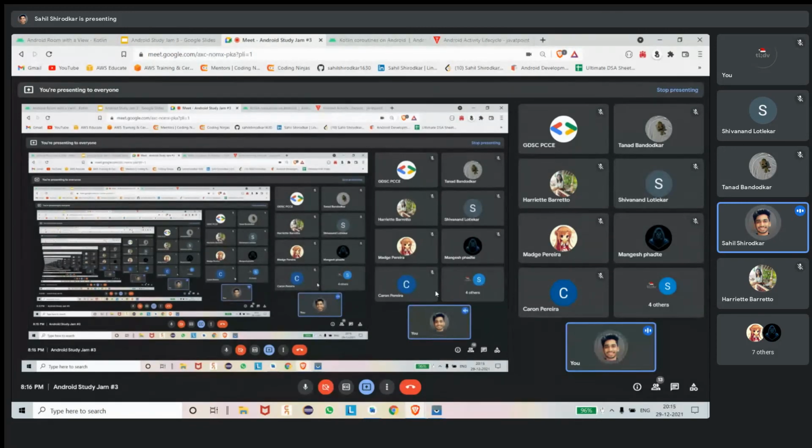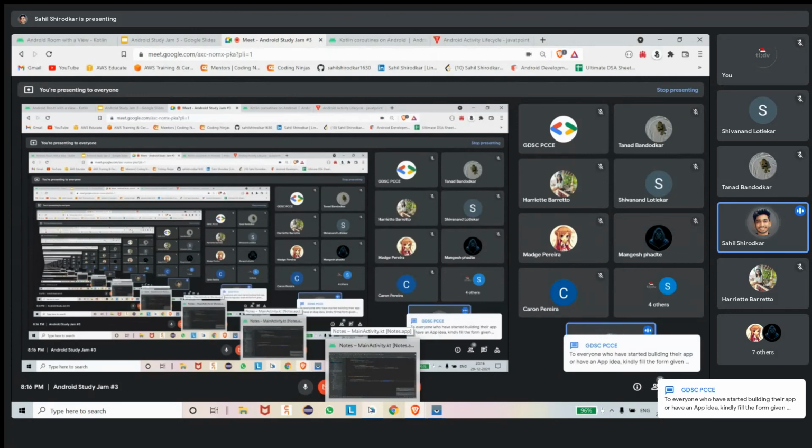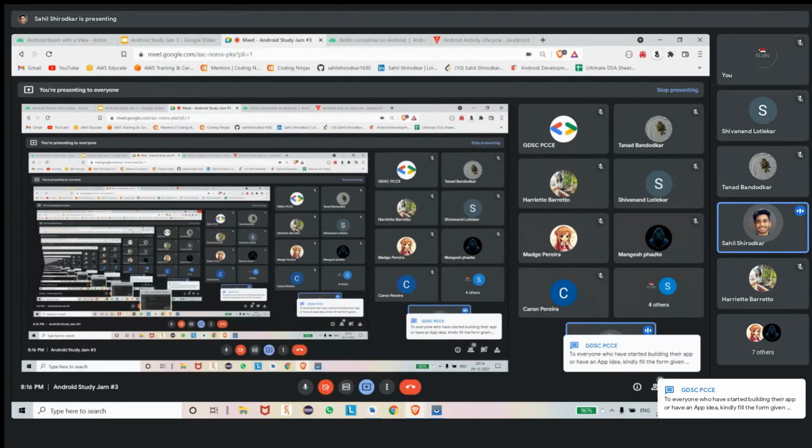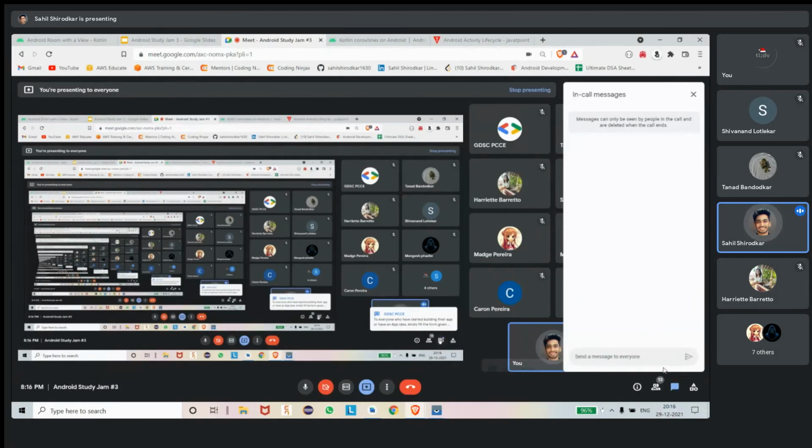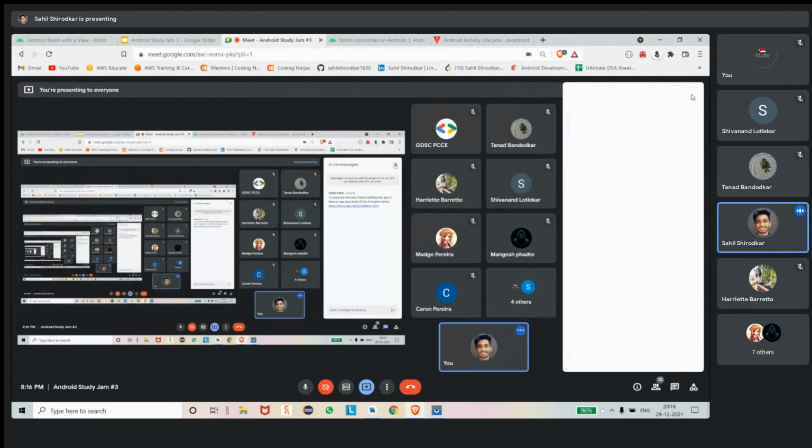You can use Room database, view model, recycler view, and normal activity fragments. You can just make the same to-do app with some more advanced features. We have shared the link for the form here.